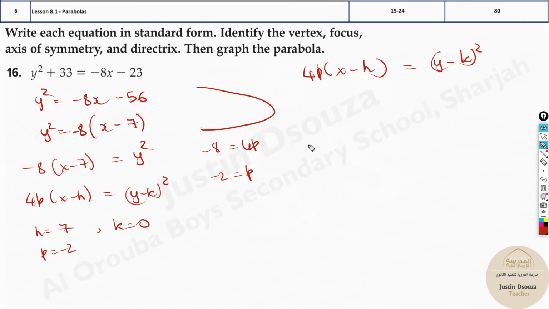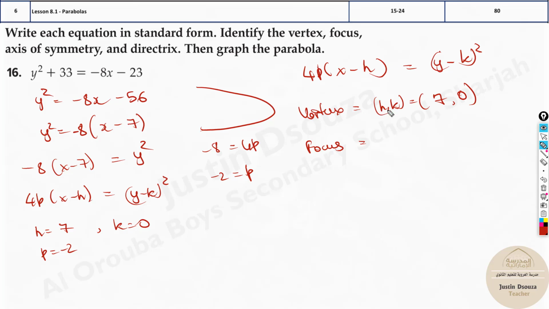Now with this information we have done, right, vertex, all that. Now let me do it again. Vertex will be what? h comma k. So this is equal to h is 7 and k is 0. Now what about the other things? Focus. Focus point now,